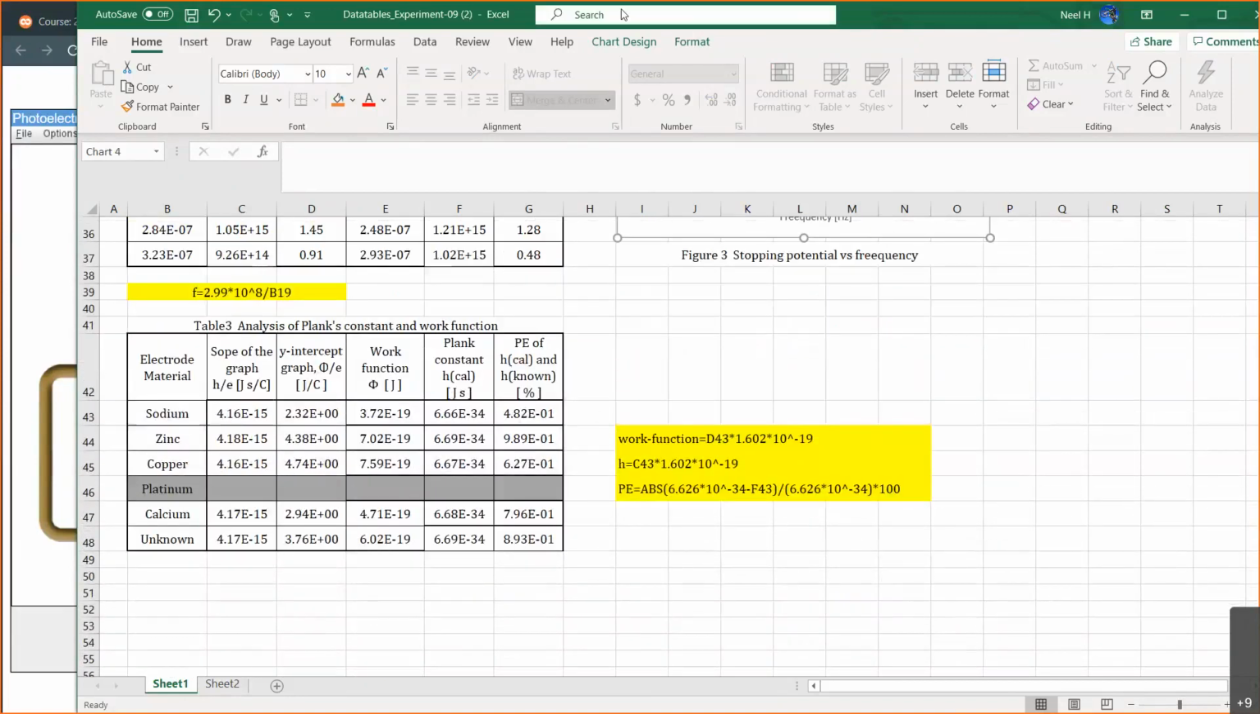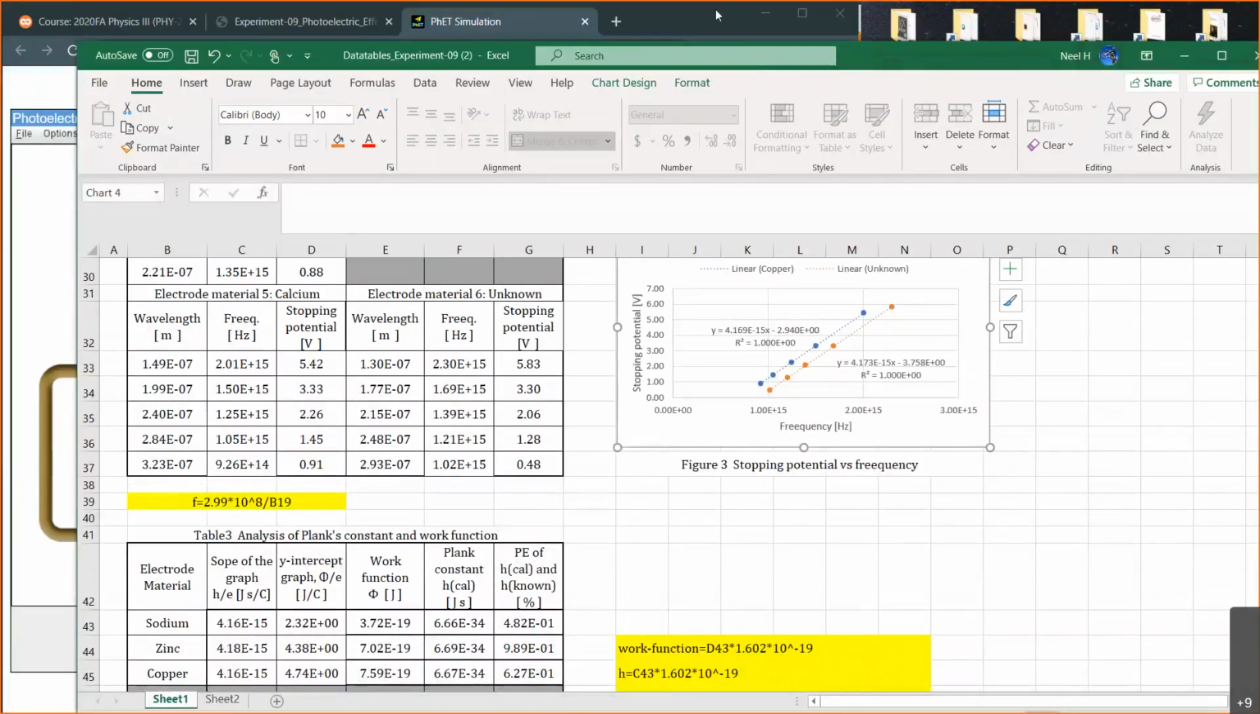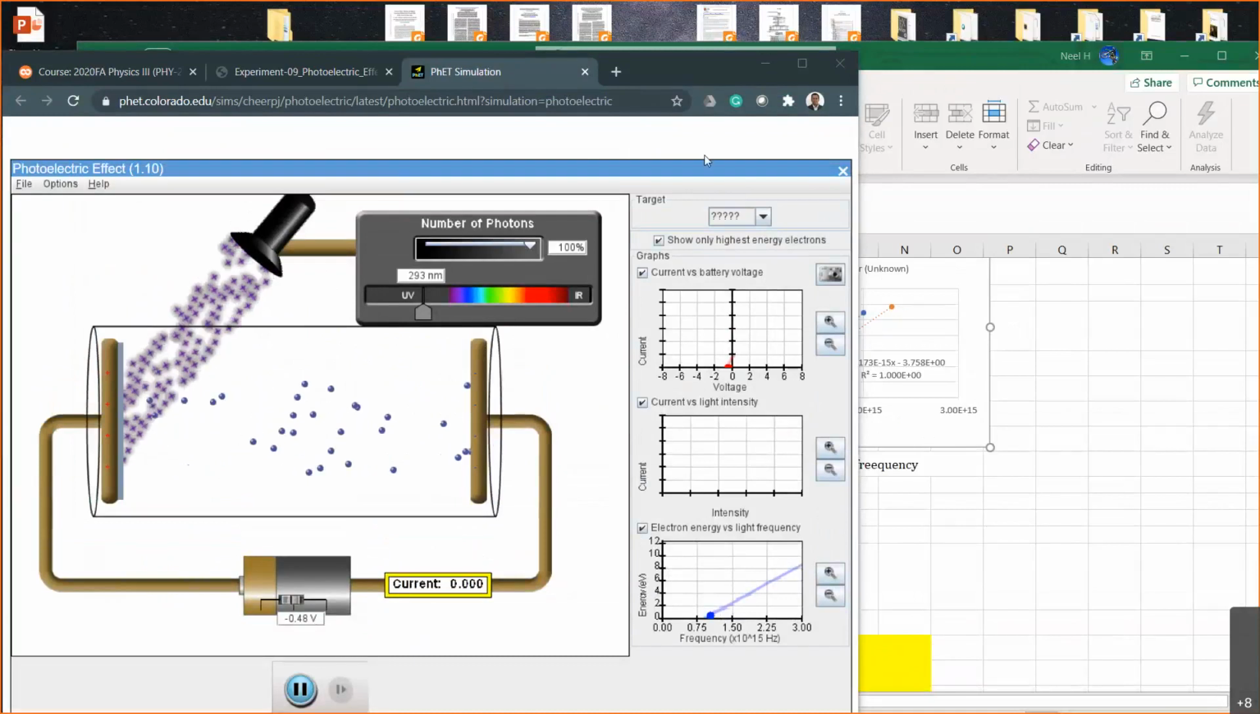Professor, for table 1, how did you adjust the simulation to compensate for sodium and platinum having extremely low stopping potentials? Say it again. Right. In terms of table 1, how did you adjust the simulation to compensate